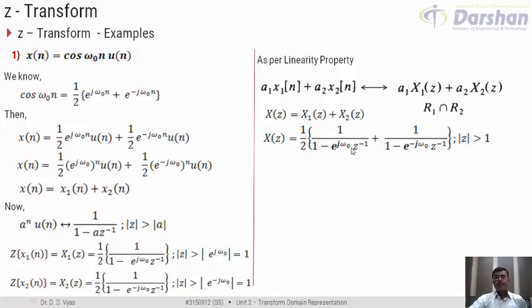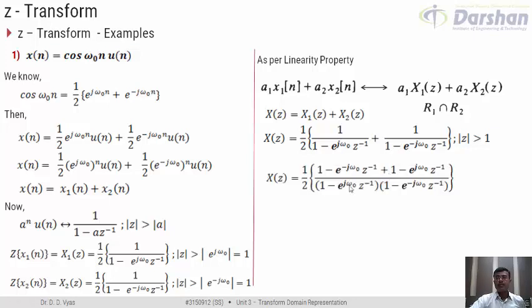Now we can be satisfied with this form of X(z). However, if we try to manipulate this a little further, we can bring this Z transform in terms of a cosine signal. Let us try to do this. For doing this, let me take the LCM of these two terms. Yes, LCM of these two terms would primarily be the multiplication of the two factors. This term would go here, which basically comes here, and this term would go here, which basically comes here. What we have simply done is taken the LCM of two terms. It should not be difficult to understand.